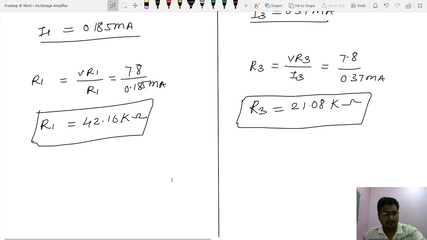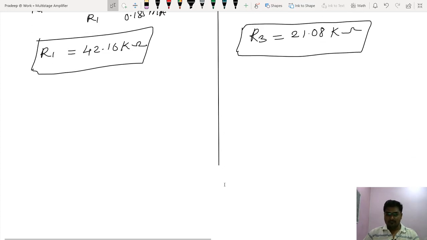So look at this. These are the values for resistors R1, R2 and R3, R4. Those are biasing resistors. Is it not? Those are purely biasing resistors. And now, after the biasing resistors, what is the last thing that we need to calculate? The coupling capacitors and bypass capacitors. We are used to calculating coupling capacitor values and bypass capacitor values. It is so simple. Now we'll calculate them as a common thing.